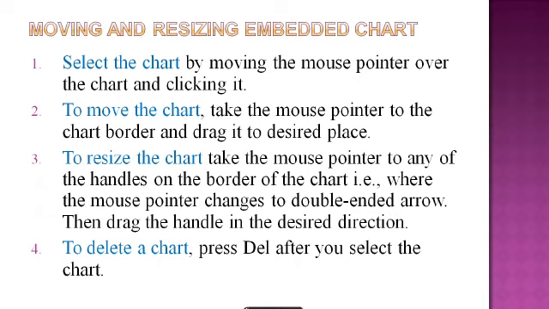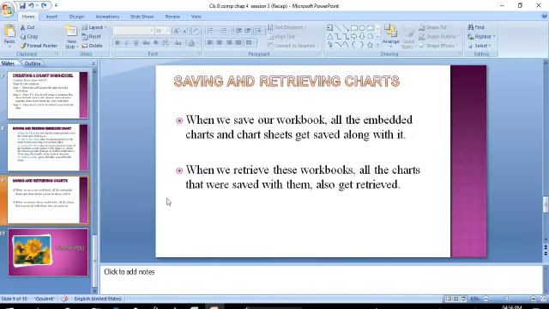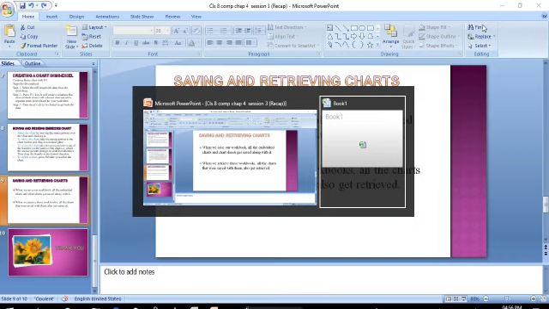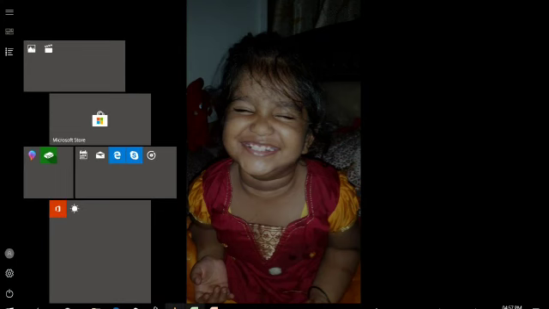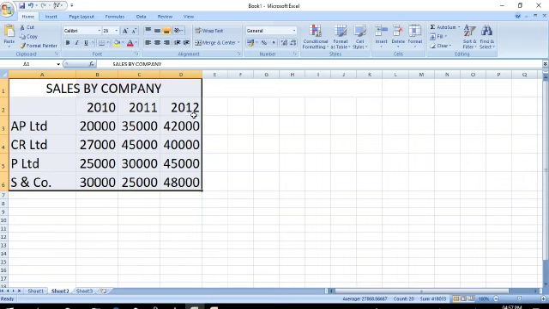Okay children, now we will see all this as a practical. Now we will have an Excel sheet here. Listen children, here I have created the data range. Already I entered some data here. Using this data range, I would like to show you how to create the chart and its types.